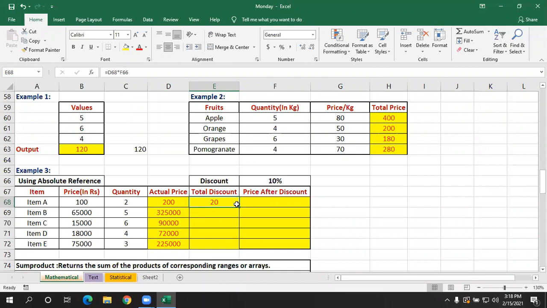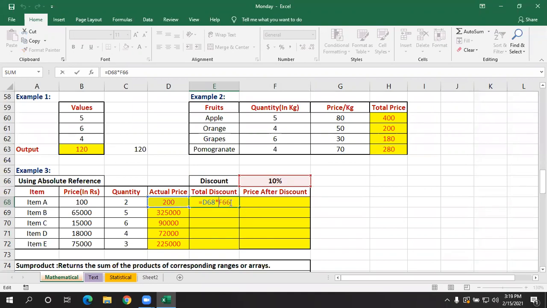Now if I fill down, what will happen? Let's check. I'll double click. See, it is showing an error. Here also it is showing an error. Everywhere an error. Why? Because I have given the cell as F66. So it showed the result in the first cell, but in the next cell it is taking the next cell's value, and I don't want that. For that, I'll be using absolute reference. So how do we use absolute references? You select the cell address and press the F4 function key to change it to an absolute reference.